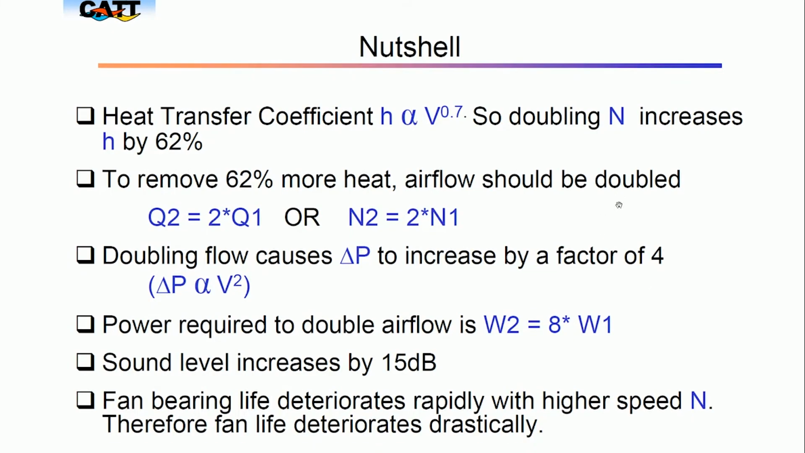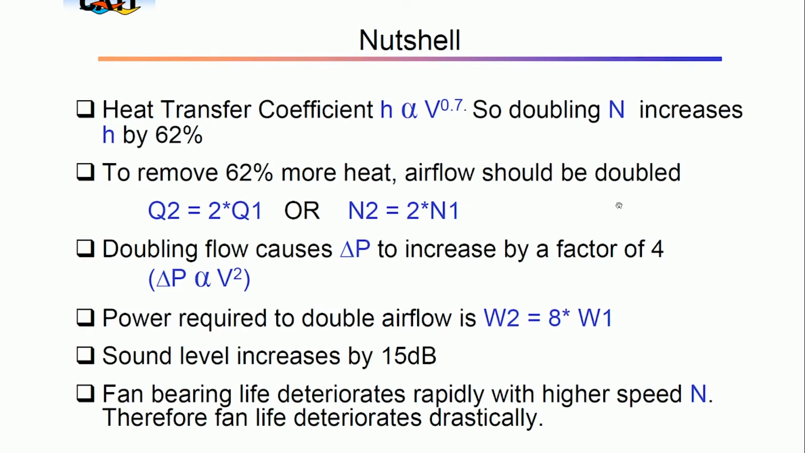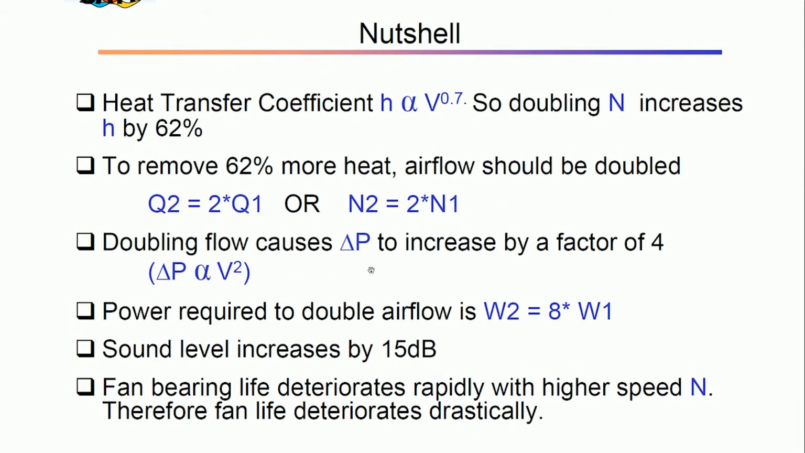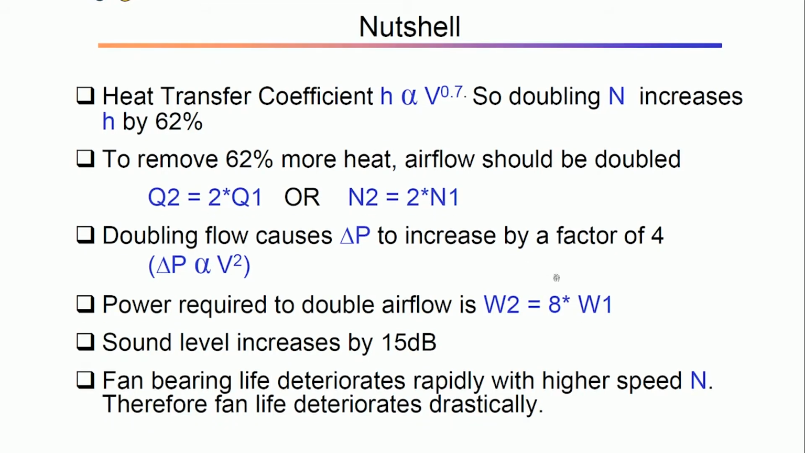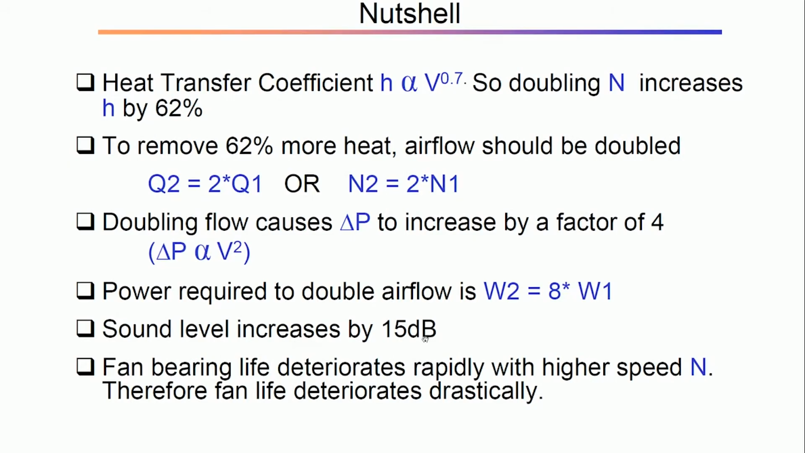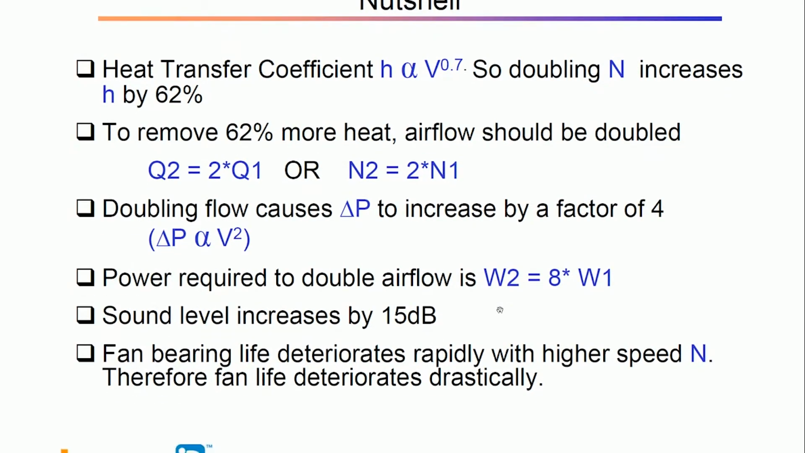So, this is probably the sum up of all the things related to fans. Doubling the speed increases heat transfer coefficient by 62% only. To remove more heat, airflow should be doubled. Doubling airflow causes delta P to increase by a factor of 4. Power required to double airflow is so much, 8 times. Sound level increases by 15 dB, which is a lot. And then something which